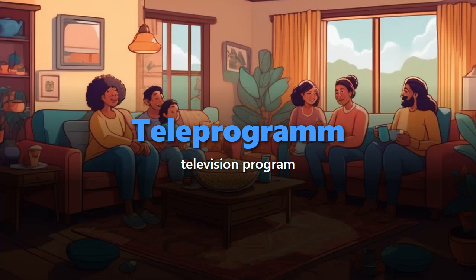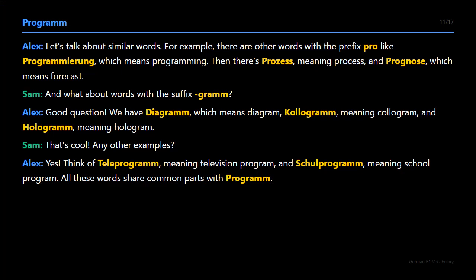Let's talk about similar words. For example, there are other words with the prefix Pro. Like Programmierung, which means programming. Then there's Prozess, meaning process, and Prognose, which means forecast. And what about words with the suffix